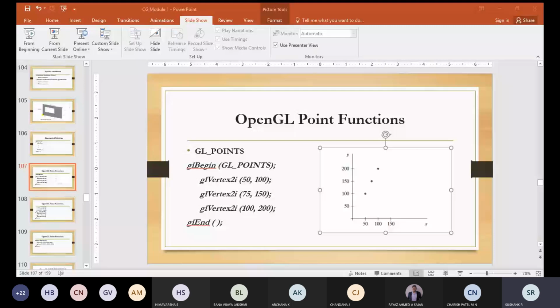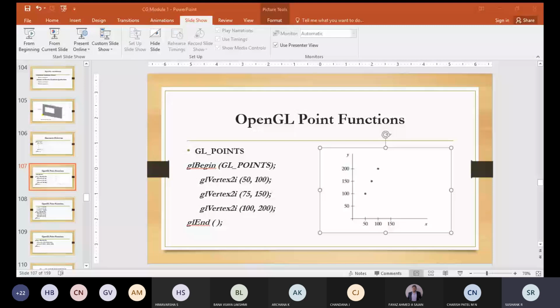So now the syntax has changed: glVertex2iv. So what does this v mean? It's a vector form, that means you're using a vector for the coordinate specification. Earlier, you were writing the points inside this glVertex function itself, specifying the positions there, but now you are passing the array value.